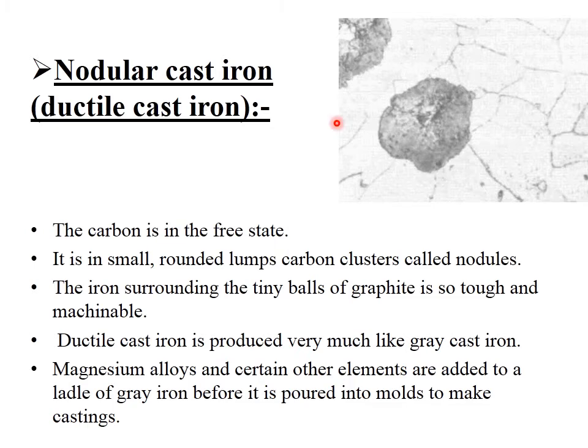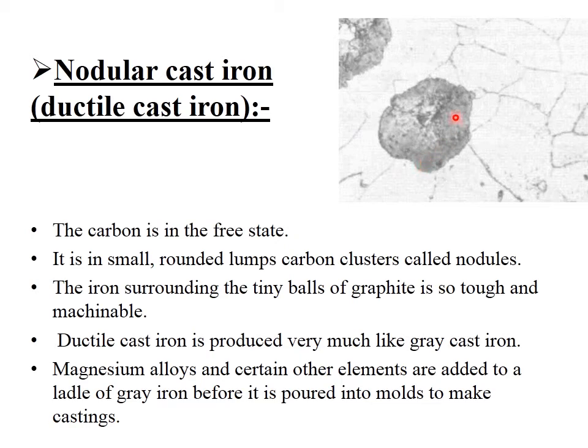The fourth and the last one of cast iron is ductile cast iron, or sometimes it is known as a nodular cast iron. As you can see on this microstructure, you can see this nodule of carbon. You can see these are grains of ferrous material, right? Fe component, and you can see